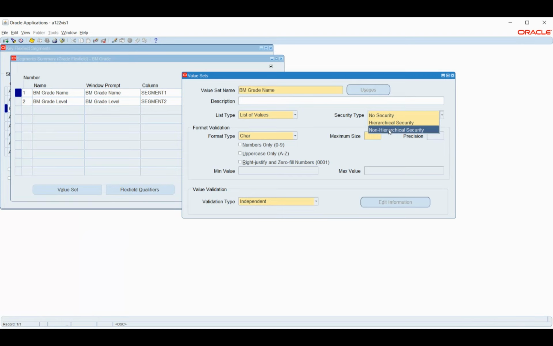Okay, and then I have security type. Security type is nothing but whether I want to inherit the security that I have defined for my child. This will not be applicable for independent, so I'm just selecting this as non-hierarchical. In case I'm selecting this as dependent,